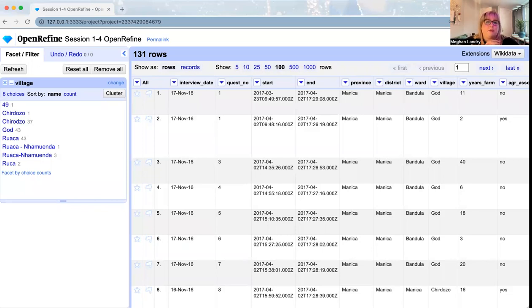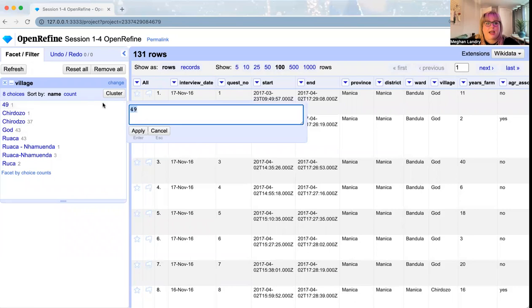So for example, if there was another column right beside it that was all a numeric value, you might be able to guess that, oh, this is actually referring to this village and make the connection yourself. But it's not always that easy to catch. So if I hover over any of these, I am able to make edit right here,